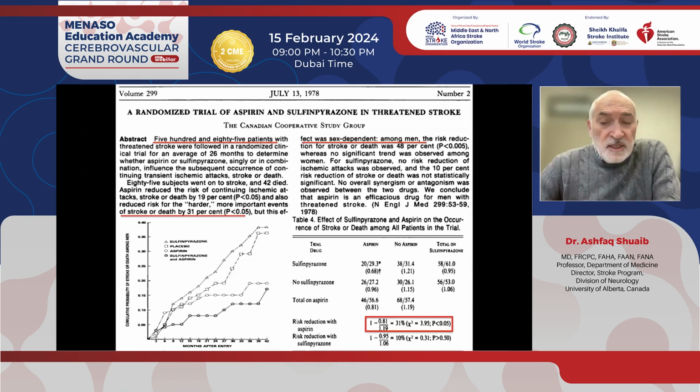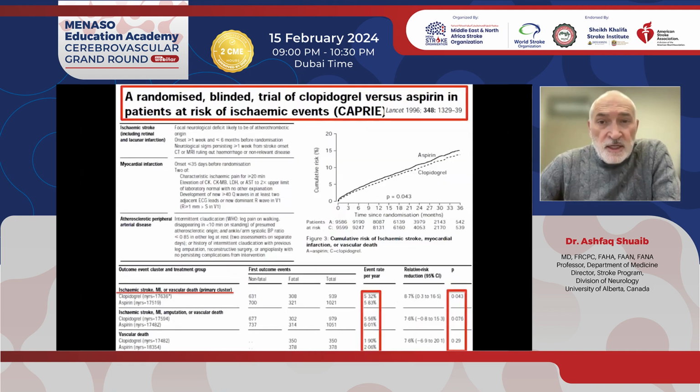So big study, the first study, the very important study, which was followed by this study. And by this time, I was practicing, and we enrolled about 100 patients into what is a 20,000 patient landmark study. So in here, they were comparing aspirin to clopidogrel. And there's a really important reason why I want to share this with you, because I want to make sure that your practice is based within the guidelines.